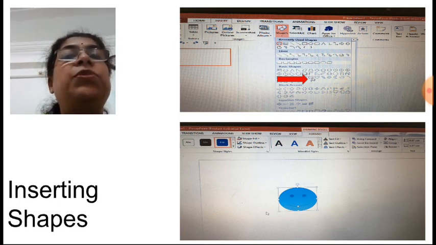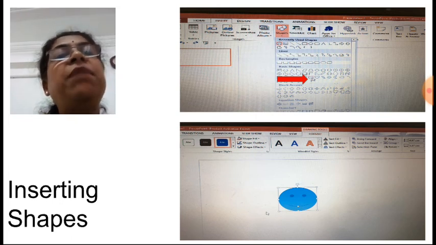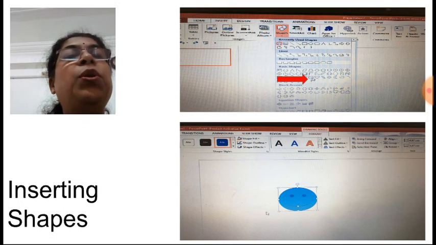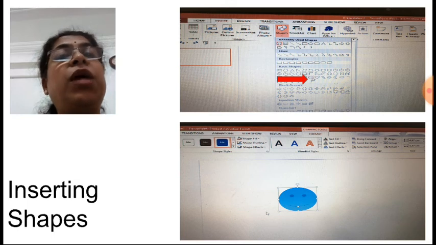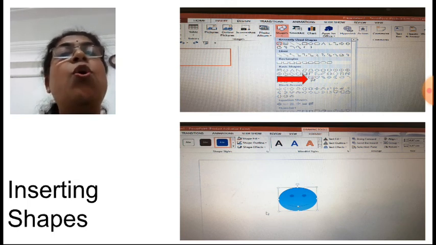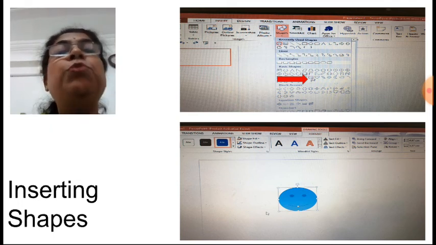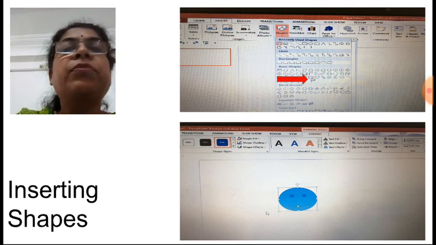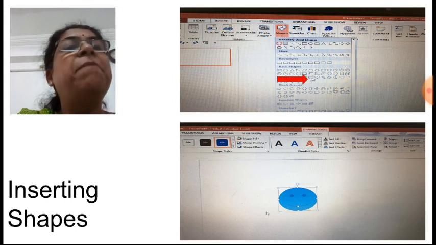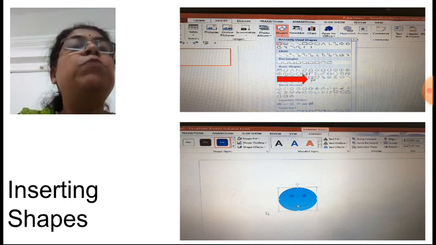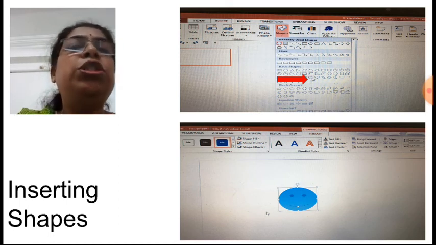Now, after that, we are going to see that to make our presentation more attractive, some shapes also we can insert. After inserting shapes, you can put color in them, you can put outline color also, you can rotate the shape also. Okay, so you are making your presentation more and more attractive. Now for inserting a shape, first place the cursor where you want to insert the shape. Then the Shapes option is available in the Insert tab, Illustrations group. Click on the Shapes option.